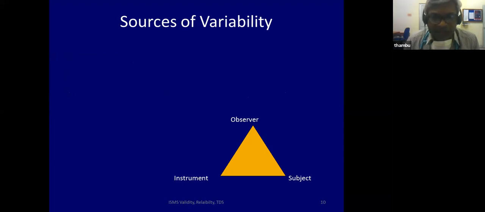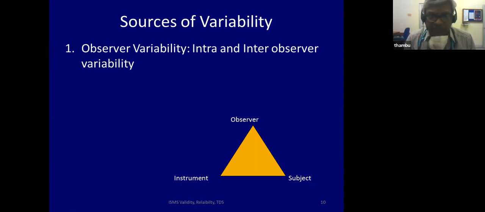Now, this is the same thing I'm just going to explain in another way because some of you may enjoy this a bit better. There are three people in every story. There is the instrument or the blood pressure measurement. There's the observer who could be the doctor, the nurse or healthcare provider. And then there's a patient. So the sources of variability in reliability could be in any of these three. The observers may vary, it may be two different observers. If there are two different observers, you say inter-observer variability. If it is the same observer doing it many times himself, it is intra-observer variability.